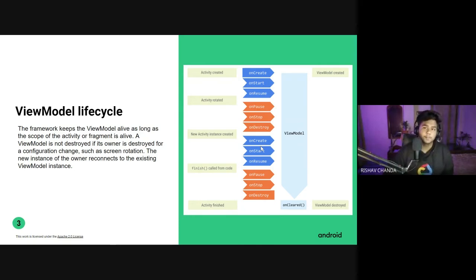Like taking an example, if you have seen YouTube, right? If you open the YouTube app, then all the data is loaded, like all the videos are loaded one by one. And now if you rotate your mobile, like you have changed the orientation, so if you have not used view model, what will happen is all the data that is loaded will load again and all the things will work again. So for users, that might not be a satisfactory thing. Like if you have loaded the data one time and you change the orientation, it will load again, it will take the data from the internet again and again, right? So that is not a preferable way.